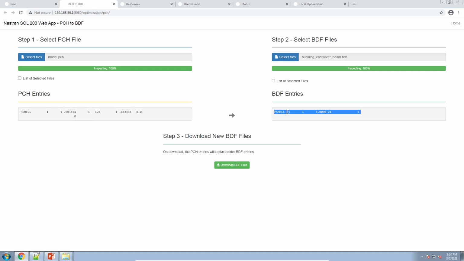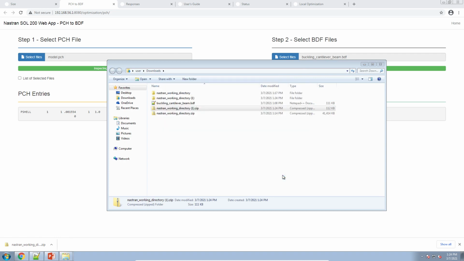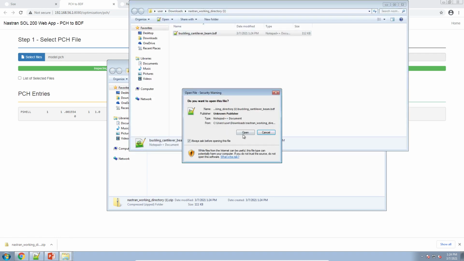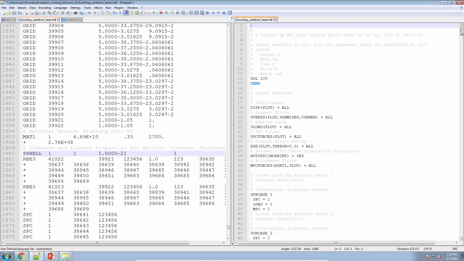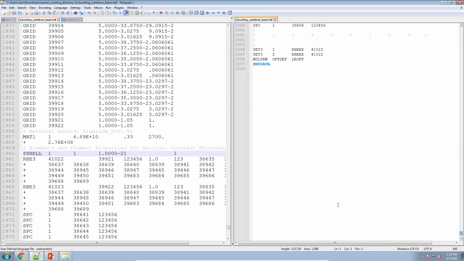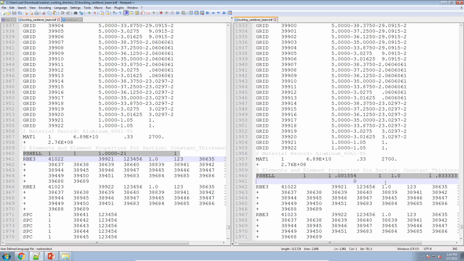It's going to replace the old P-shell entry. And we'll click download. We get another zip file. And if we open the zip file, inside, if we open that file, we see that the P-shell entry has now been updated. So on the left is the old BDF file, and here on the right is the new BDF file